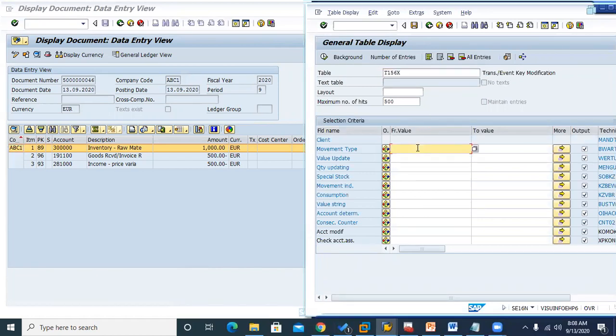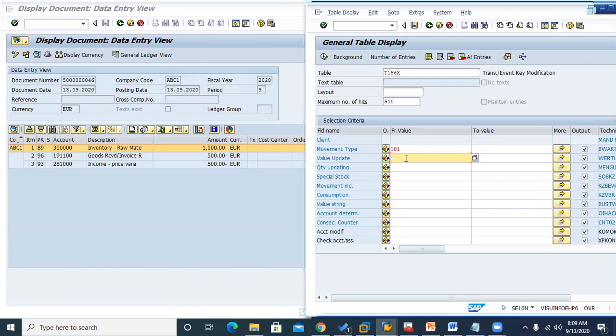So I will fill in whatever inputs we have given in the MIGO transaction. What we have given, our movement type is 101, that we have given there. Our system automatically defaulted a different one, because the last posting that happened was that one only, so that's why it will default. If you are done with a Y01 movement type, then it will default to the other one, then you have to go and change it automatically. So you cannot believe that the system is doing everything. No, movement type you have to verify always when you are posting.